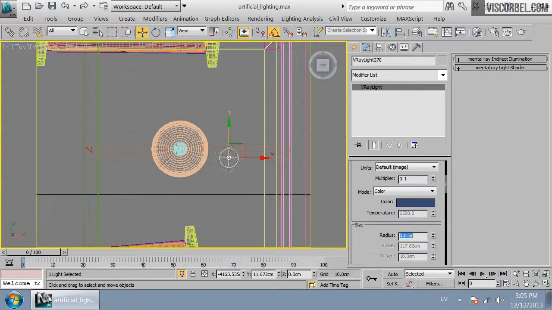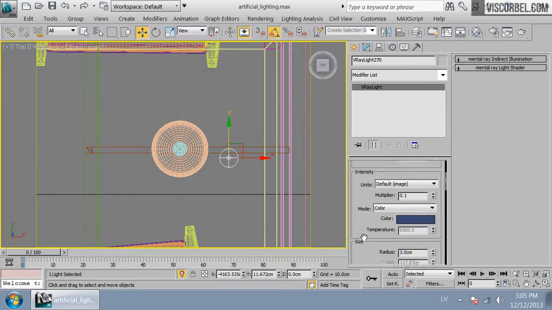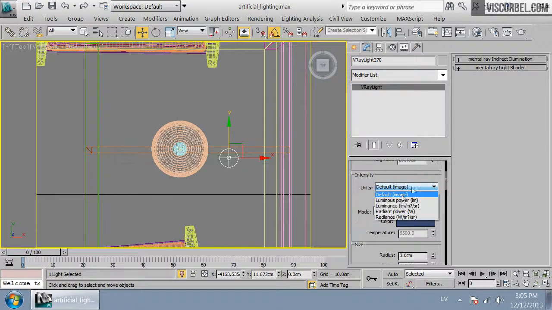So I'm going to go for a solid white light bulb with a 3 centimeter radius. Set the multiplier to about, set the luminous power to about 1500 lumens, and this is about standard for a regular 100 watt incandescent light bulb. And set the mode from color to temperature. Since most light bulbs are